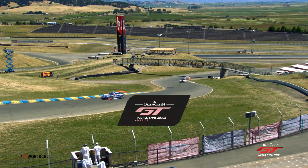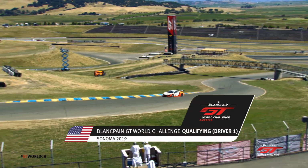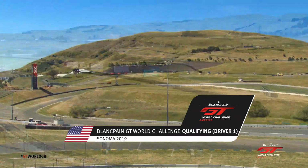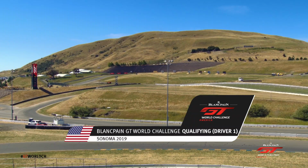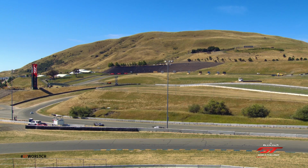On a track that the legendary Hans Stuck once said was by far and away his most favorite North American racing venue, it is time for the GT3 machines, the top class of the Blancpain GT World Challenge America Championship, to take to the track for qualifying here at Sonoma Raceway. Hi everybody, Greg Creamer along with Calvin Fish, Ryan Marine down in pit lane as we are set for qualifying,